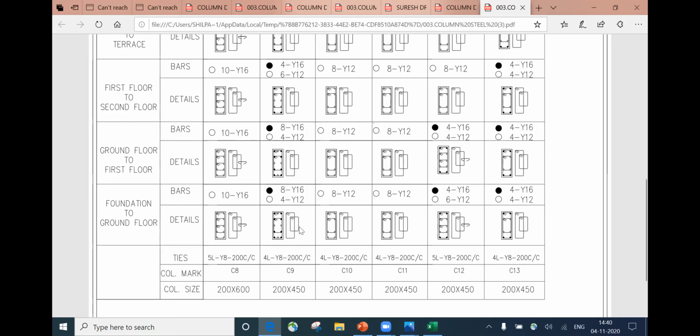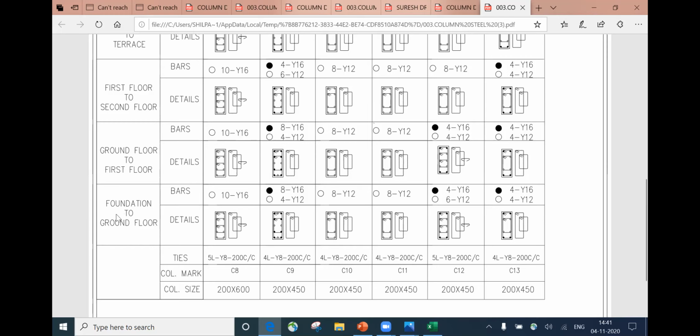So this is your stirrups, not stirrup, the lateral ties. This lateral ties we have to provide. Forget about this 4-legged, 5-legged. I'll explain it in the next slide. Just concentrate on this, that is 8. Again, you have to provide 8 bar at 200 center to center spacing. Same thing everywhere, they have provided 8 bar at 200 center to center spacing.